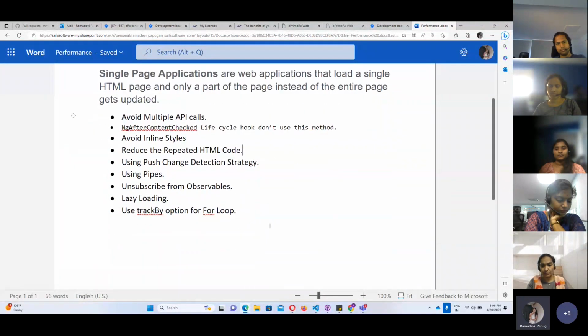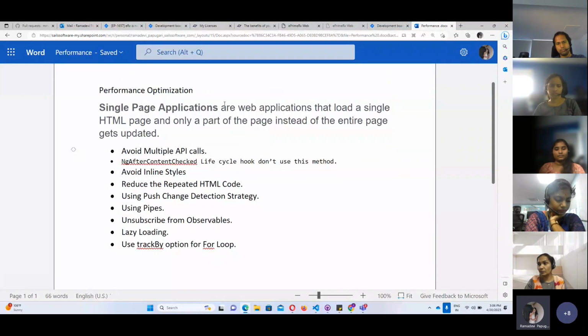As I know, when we are implementing any functionality or screens, we need to avoid multiple API calls. In some cases the same API call is called in multiple components. We need to avoid that. In that case, we call the API a single time and store the data in one observable. Also, if we need the API response data in multiple components,